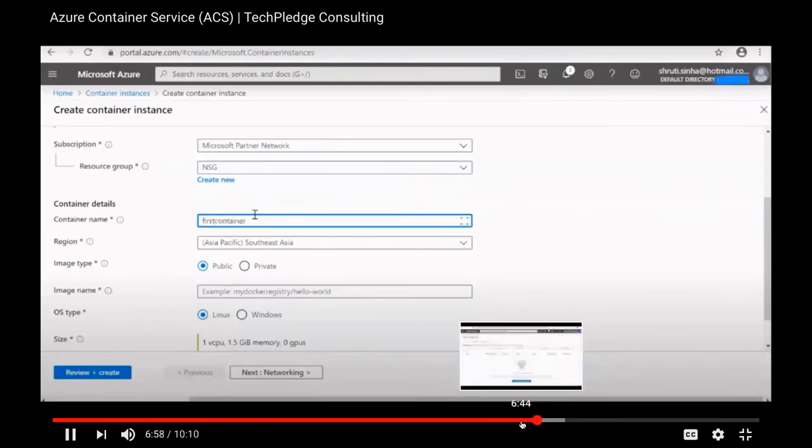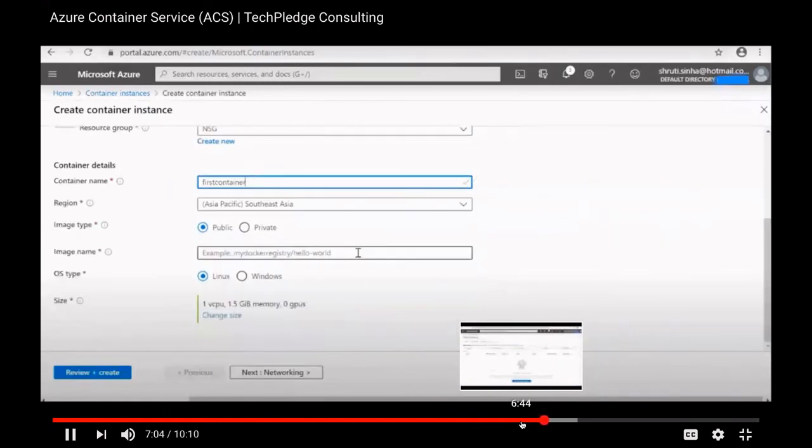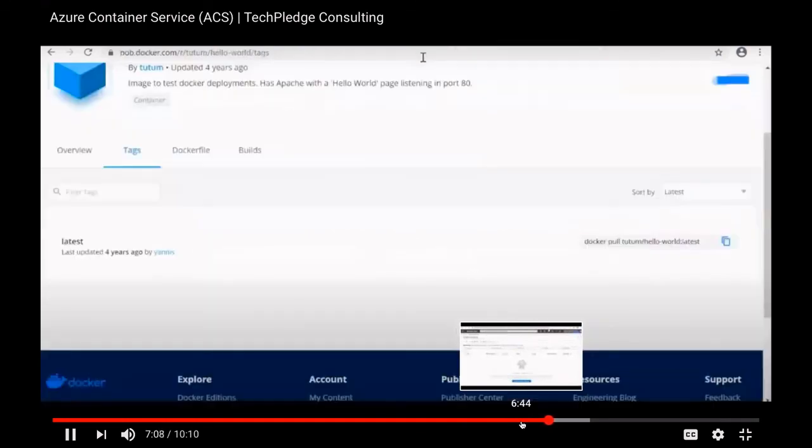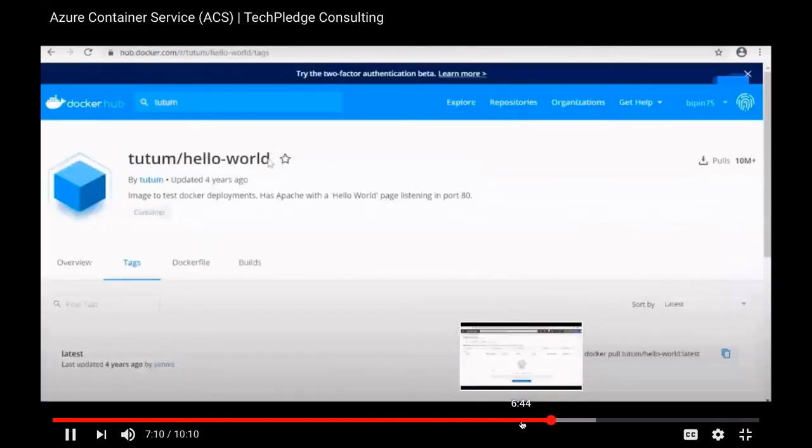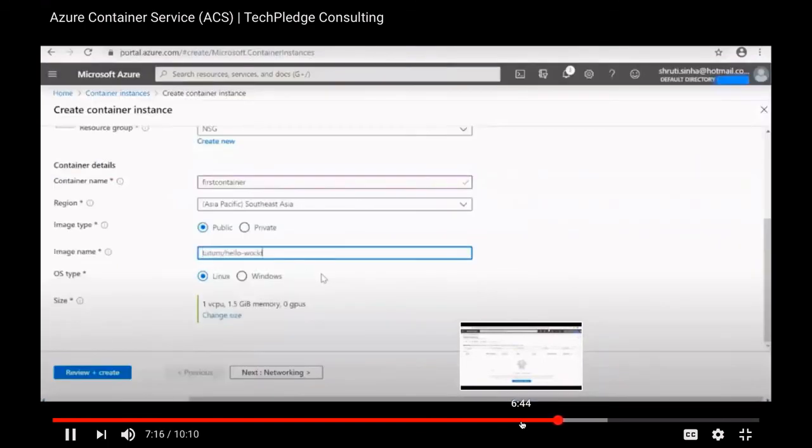We give any container a name like pizza and burger. And here I'm going to type the image name: tutum hyphen hello world. Same way in Google, just type your image and you are done.